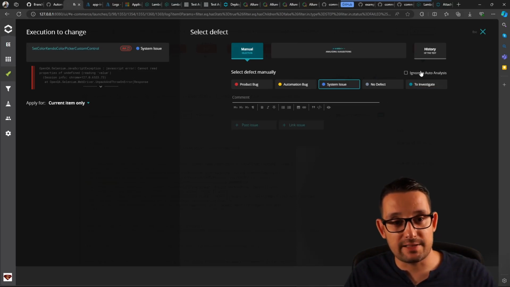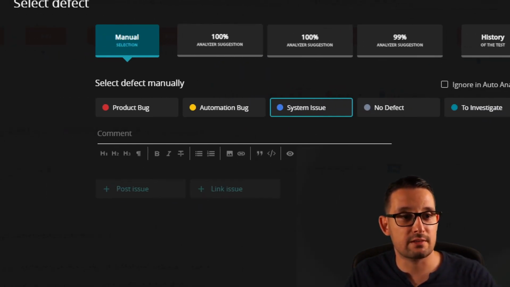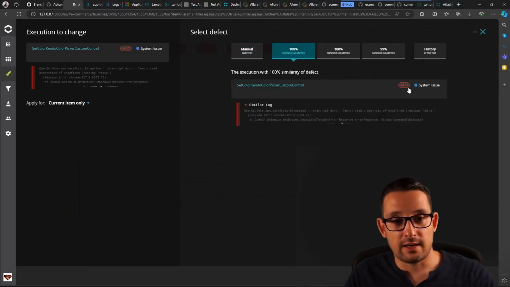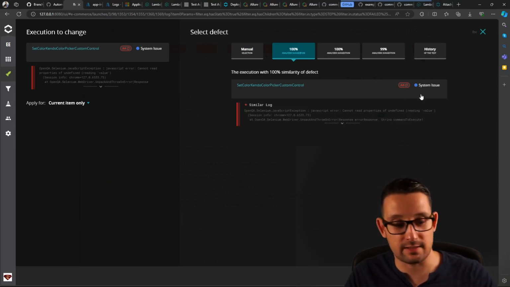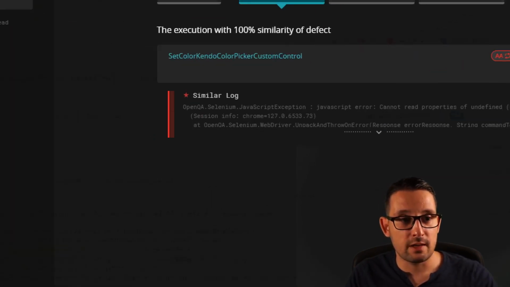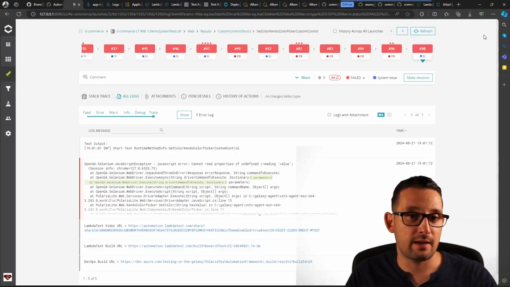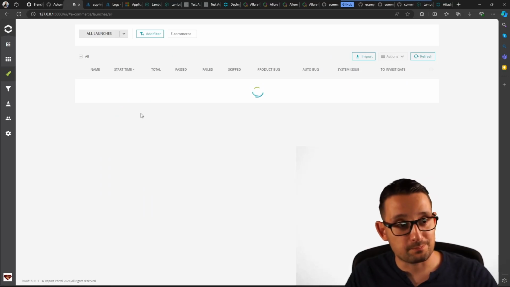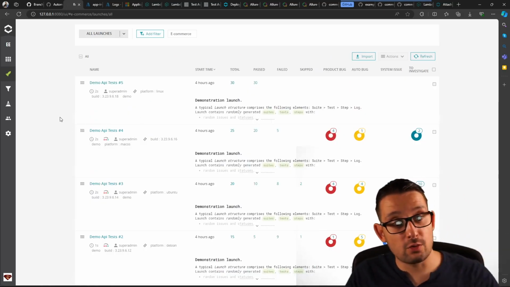And when you click make decision, you will see that since I did a lot of runs right now, there is this auto analyzer suggestion, and it's suggesting that right now there are similar logs, and in the past we marked this as a system issue, and I can click here at the bottom apply, and it will mark it. So after you